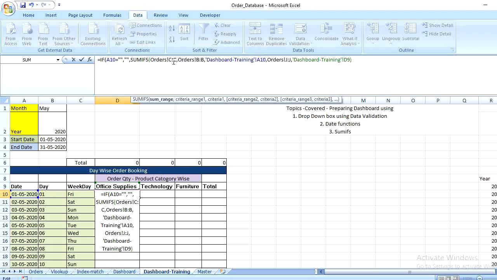Here I want to keep my columns constant. This column I need to be constant, so I am applying the $ symbol with F4. Since my column is constant, I am entering the $ symbol before that, and my column will be the same for all the criteria. My criteria range is constant there, and here my date is in A10, that is constant.